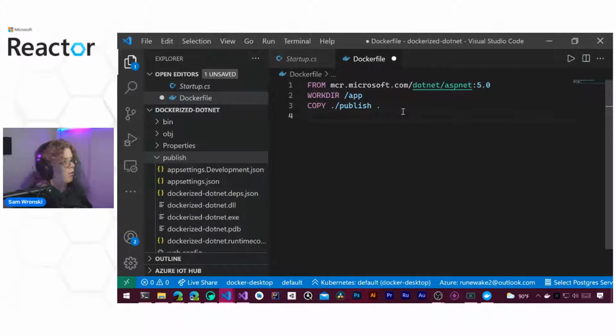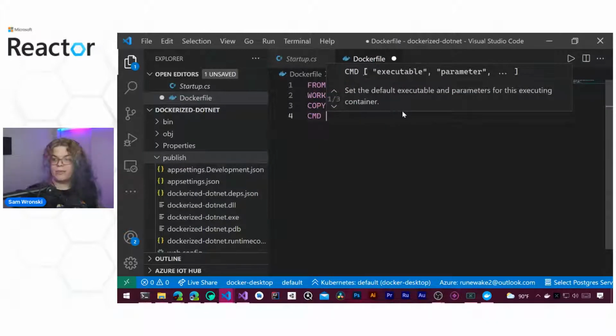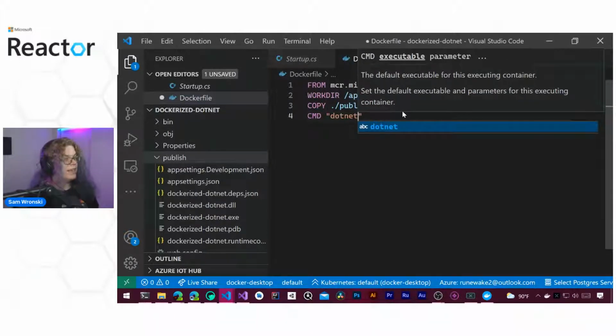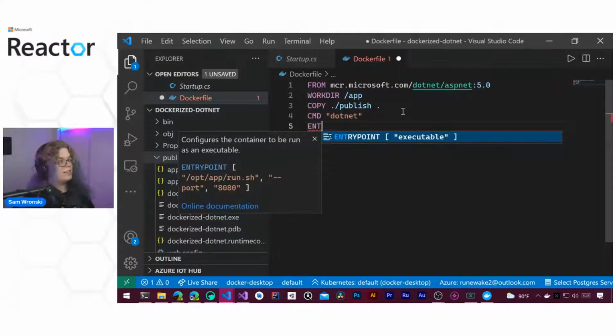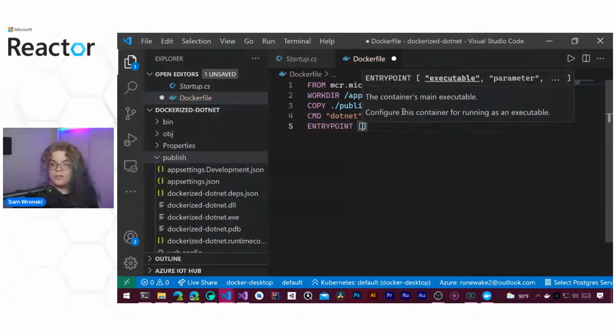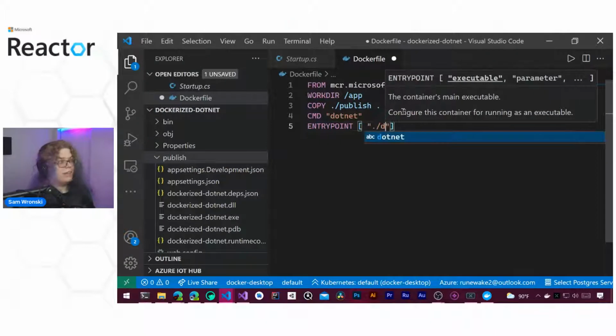And then we want to set a command that we're going to run. In this case, we're going to run .NET. And then the next thing we're going to do is set up an entry point. So the entry point is an argument that you're passing into that command. In this case, we're going to pass it in our